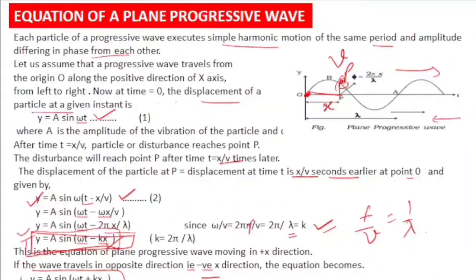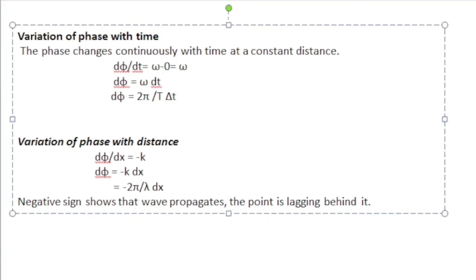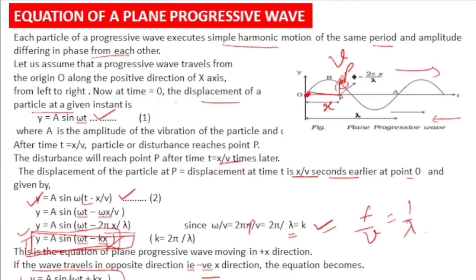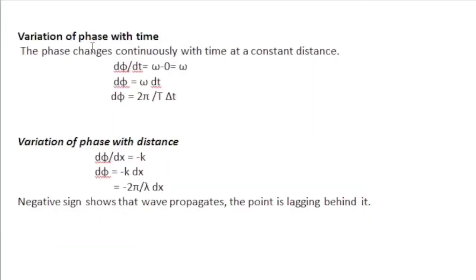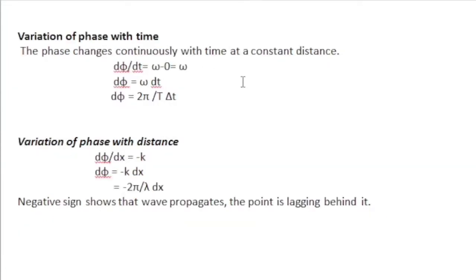Now there are variation of phase with time and variation of phase with distance. Phase is this one, omega t plus kx. This is called phase. So how does phase vary with time? The phase generally continues with time. When you differentiate d phi by dt, phi is omega t plus kx. When you differentiate that one,